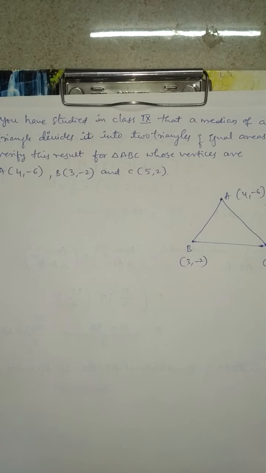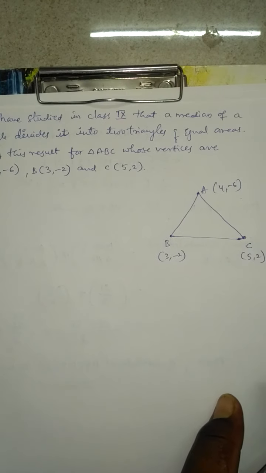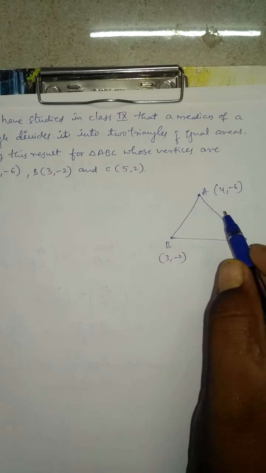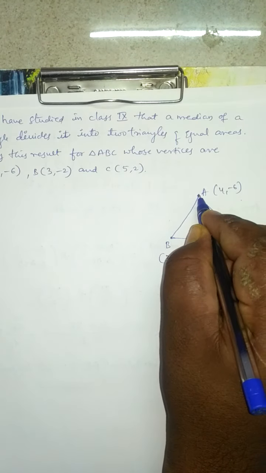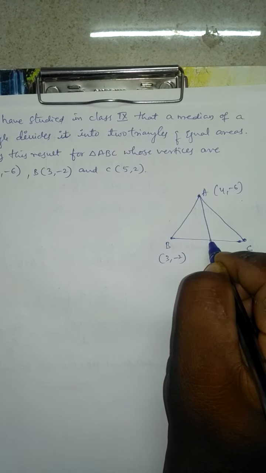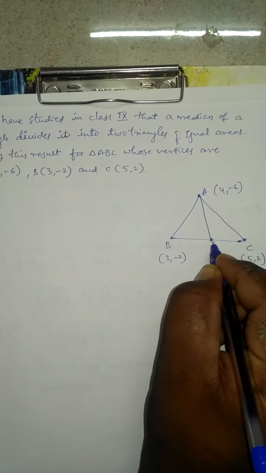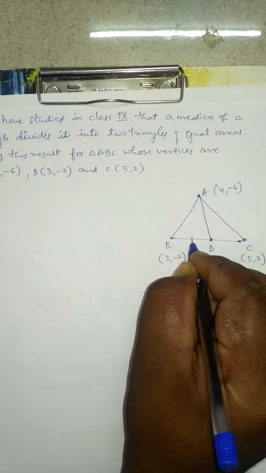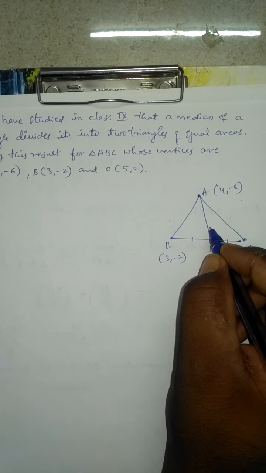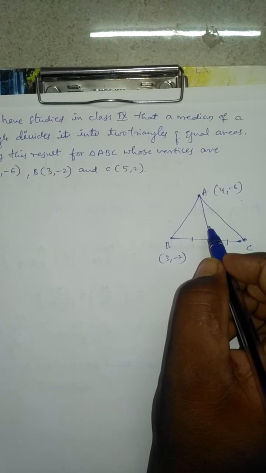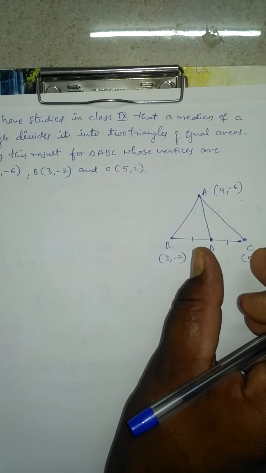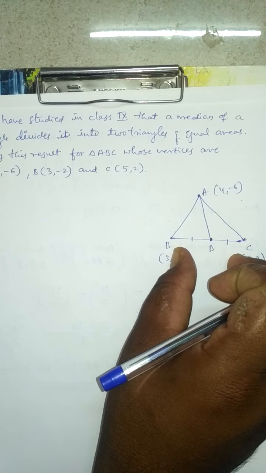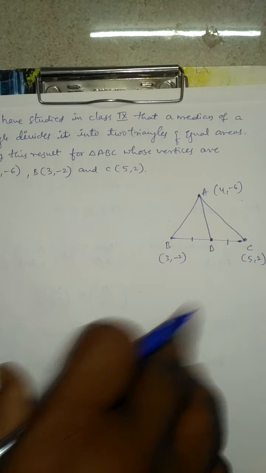So now median mean, here median is a line segment which is going to divide equally a given side from the opposite vertex. So this is midpoint of BC. This point I am going to call as D. So if I draw a median, this median is going to divide it into two equal triangles. Equal triangles means those are equal in areas. That one we have to show here.